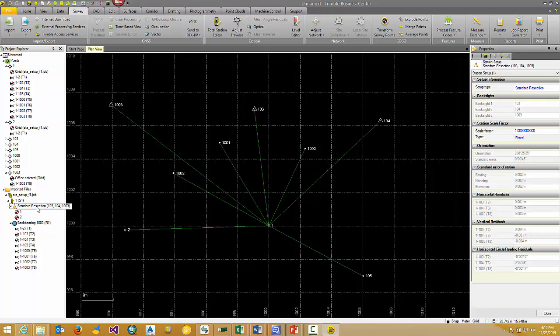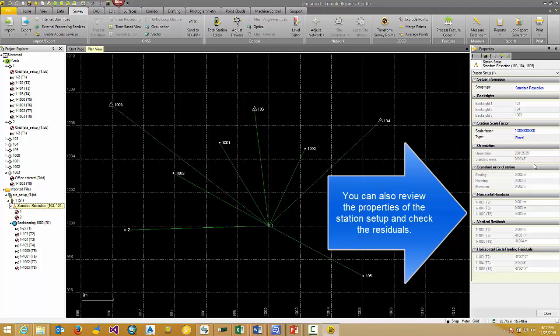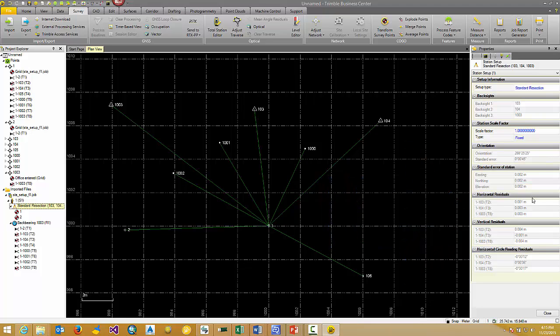Also, if you look at the standard resection again here, you can see the standard error of a station, which is default errors from the project settings, and then you can see the horizontal and vertical residuals from each of